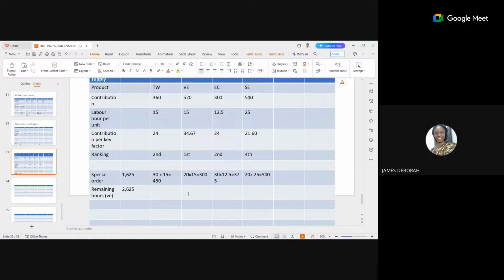100. How many units? 175. How do you get 175? 2,625 divided by 15. Let me write it here. 2,625 divided by 15 is equal to 175. So,